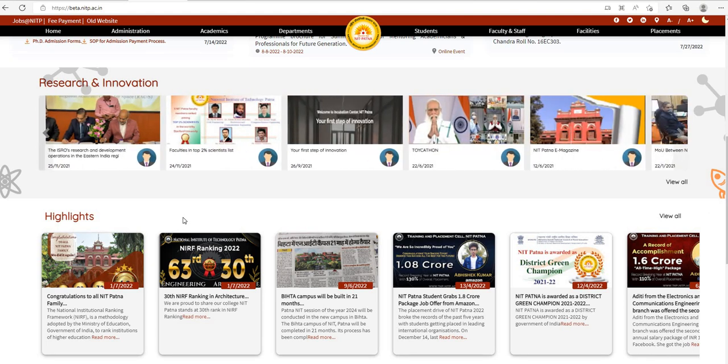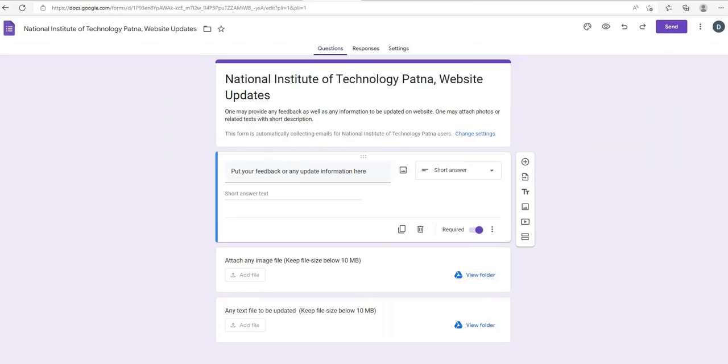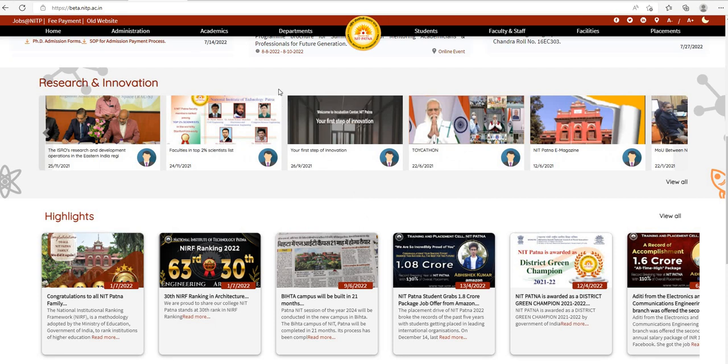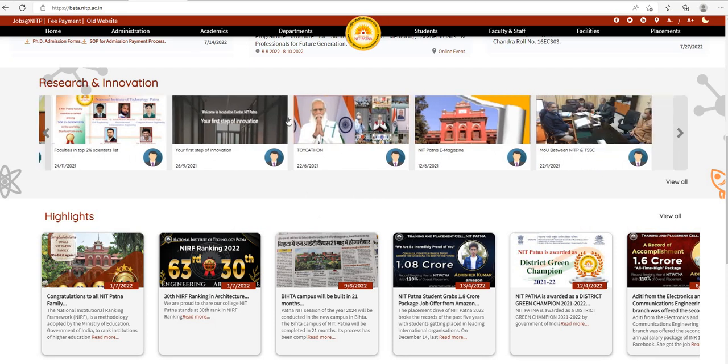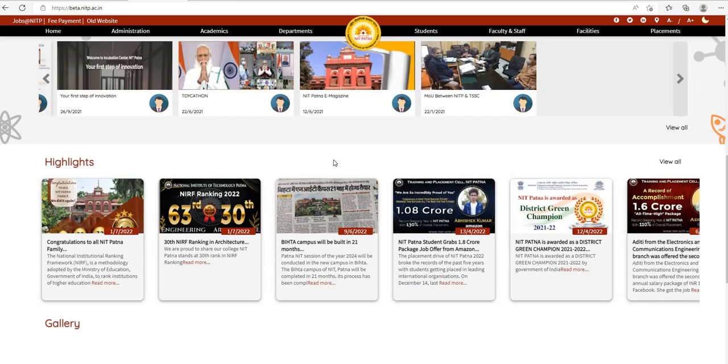And we have also created a form. The link for this form will be sent to you via mail. So if, for example, you have new highlights for NIT Patna, or news of research and innovation for NIT Patna, or anything that can be updated on the website,